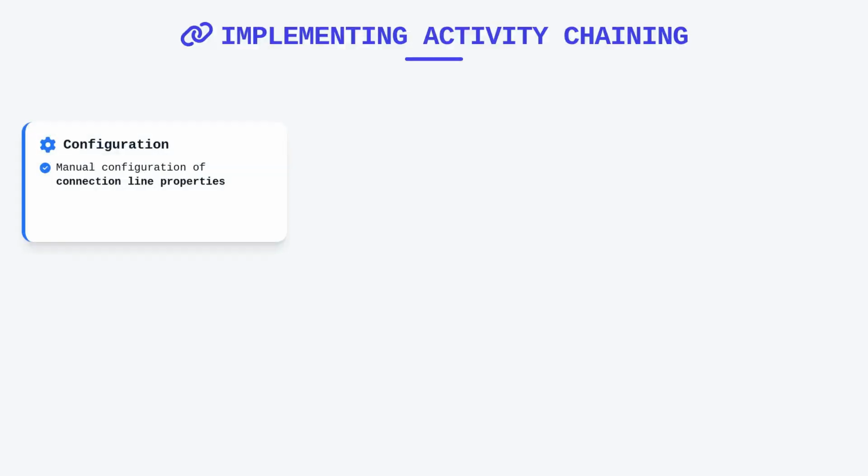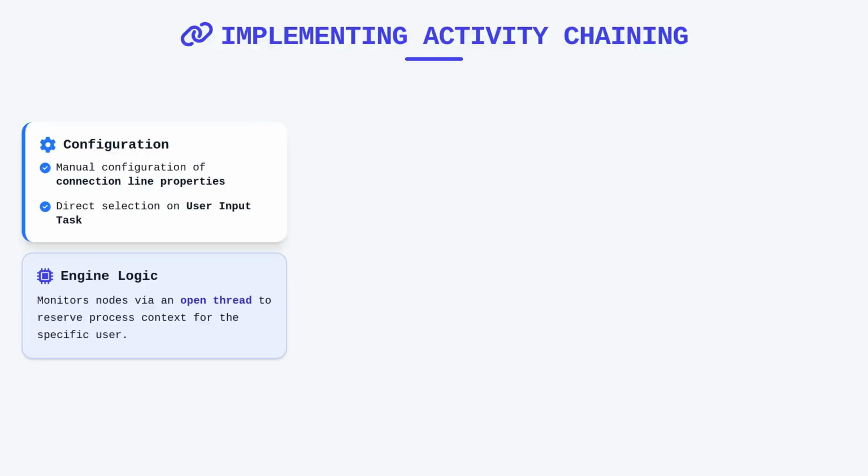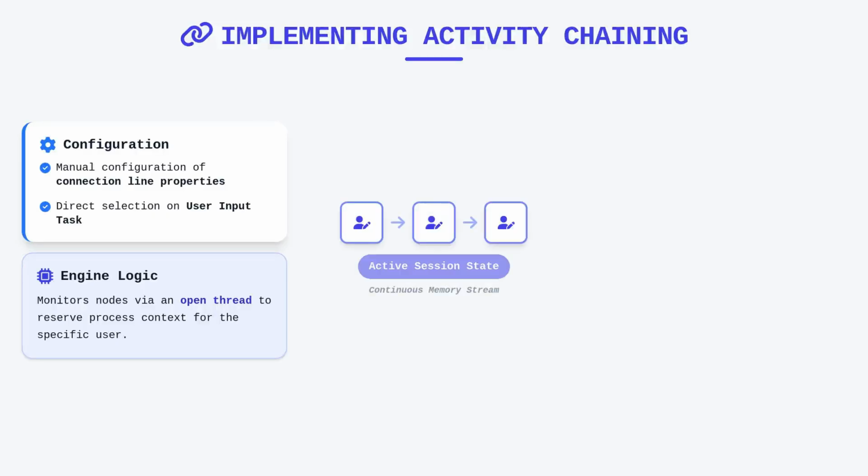To implement activity chaining, you manually configure the properties of the connection lines between nodes in your process model, or you select the chaining option directly on the user input task itself. Once enabled, the process engine monitors these chained nodes, essentially keeping an open thread that reserves the process context for that specific user. However, this convenience comes with strict technical constraints that you must respect to ensure the stability of